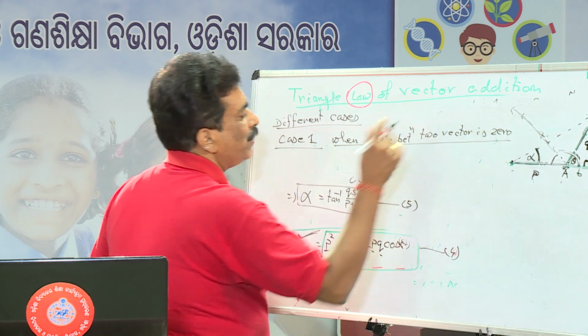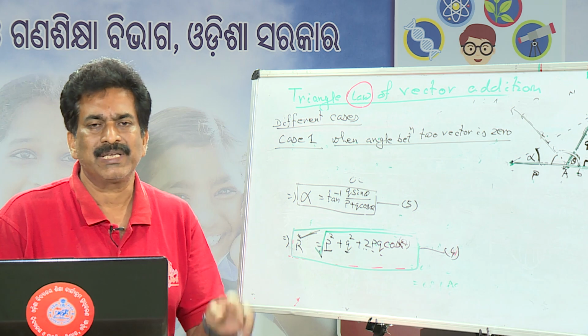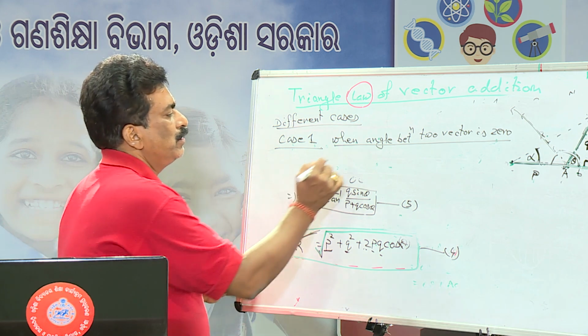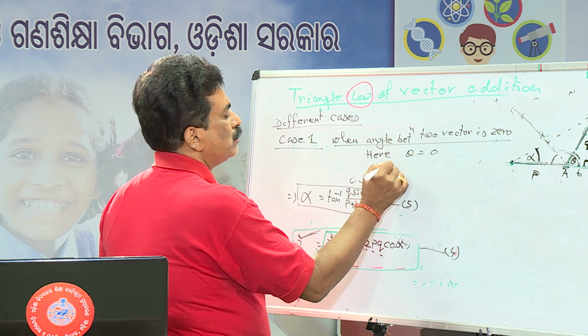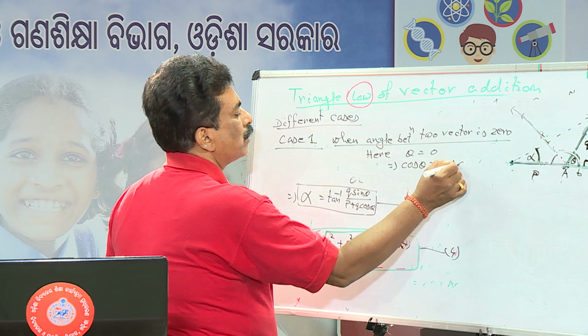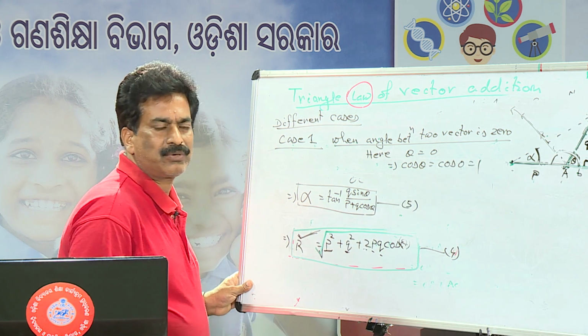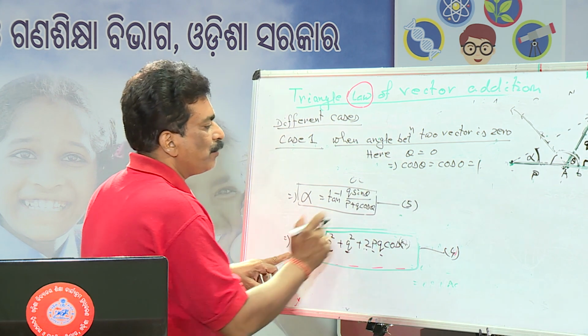When the angle between two vectors is 0, that means theta is equal to 0. If theta is equal to 0, cos theta is equal to cos 0, which is equal to 1. So, if cos theta is equal to cos 0 is equal to 1, and we put in the value of